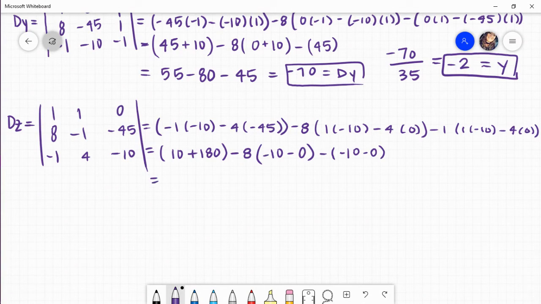And then what we get here, those signs are the same. We add and we keep, right? We're going to get 190. And then negative 10, negative 0, those signs are the same. You'd add and keep, so I got a negative 10, right? And then 8 times 10 is 80. Signs are the same, so it's positive. And then same thing here, I get a negative 10, but a negative times a negative 10 is a positive 10. And so,